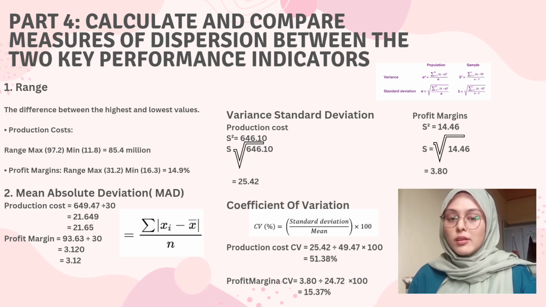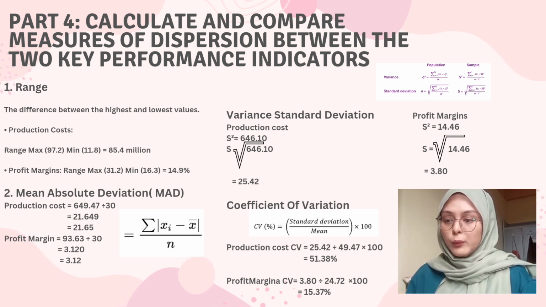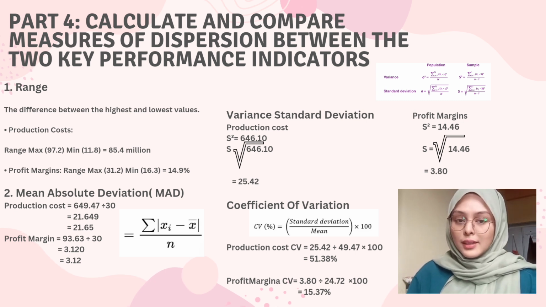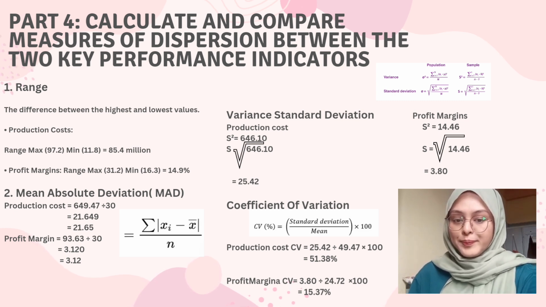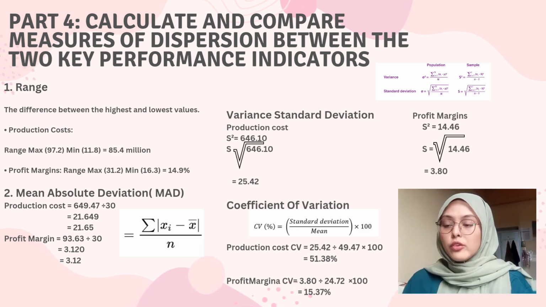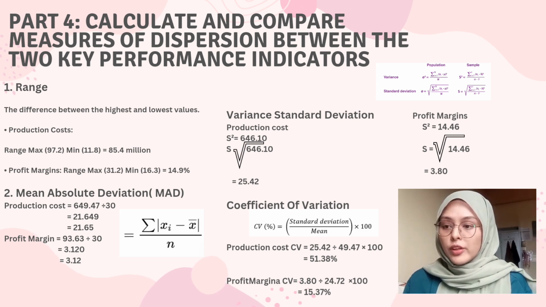And for the profit margins, 31.2 minus 16.3, and we will get 14.9%. Okay. Next is the mean absolute deviation. I already put the formula here for how to find it. Using the mean given, we will take all the data, subtract the mean, and add them up, then divide